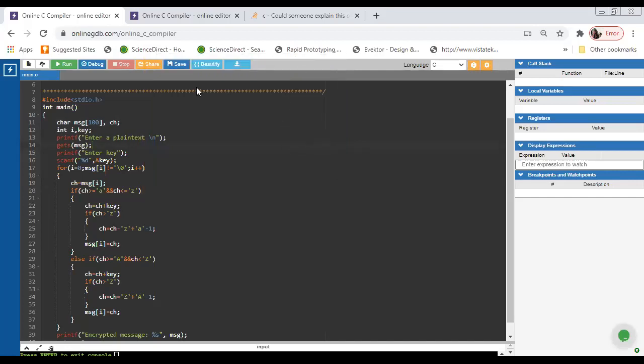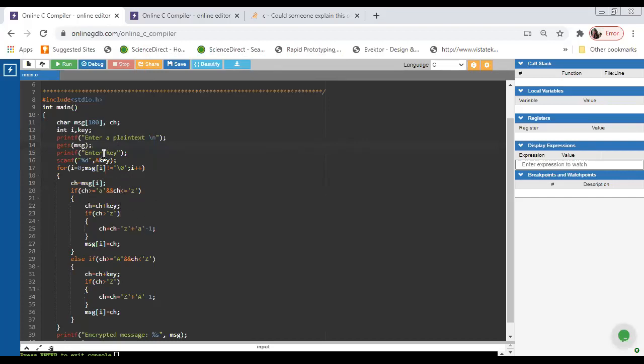Okay, so let us start. This is a program of encryption. If this is a program of encryption, we substitute character by character. For example, if I take hello as the input, I need to take each and every character, and character by character it will convert from plain text to ciphertext.